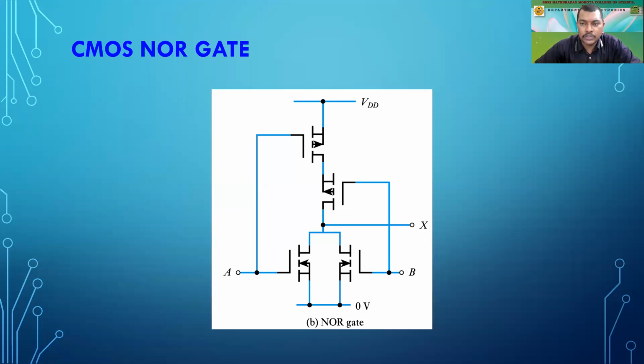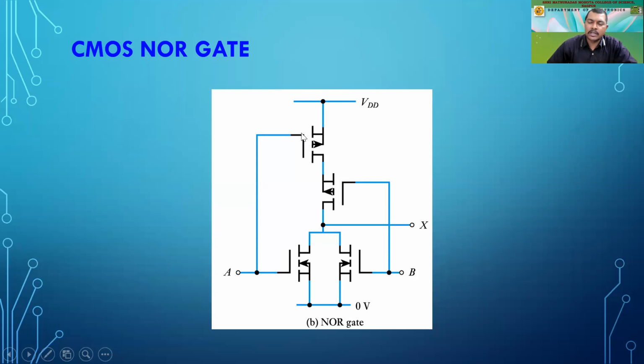We are having 1 0 0 0, meaning for 0 0 it is showing you 1, for 0 1 it is showing 0, for 1 0 it is again showing you 0, and for 1 1 it is also showing you 0. So that is the truth table, and this is how it works. I guess you have understood. Just a simple change we have done. The P channel MOSFETs are being taken up on the upper side, and the N channel MOSFETs are taken in parallel on the ground side. Okay, the gates are again made common.